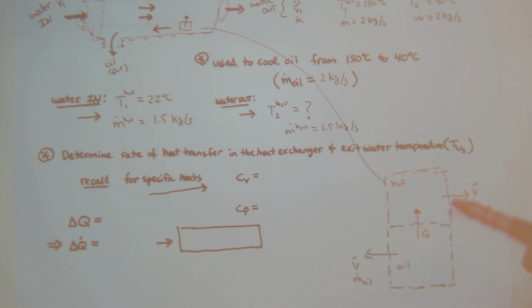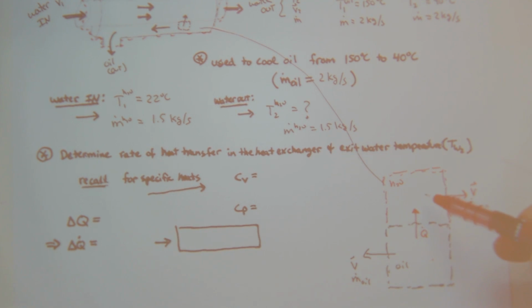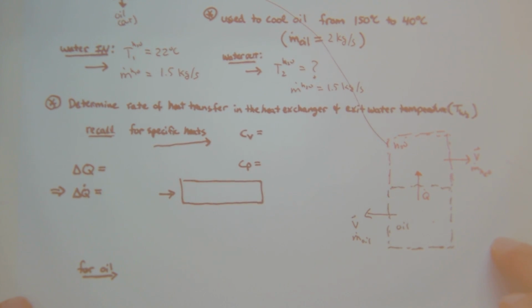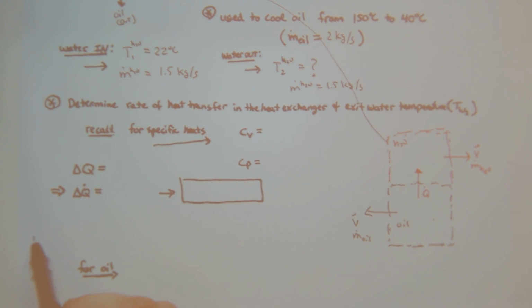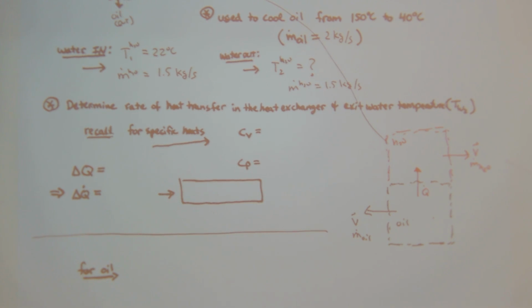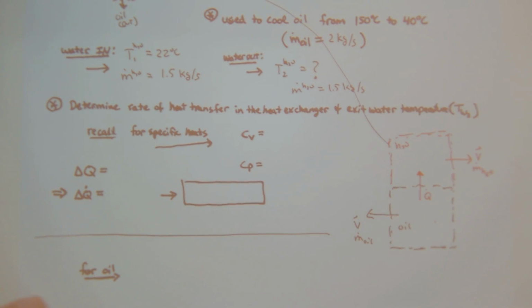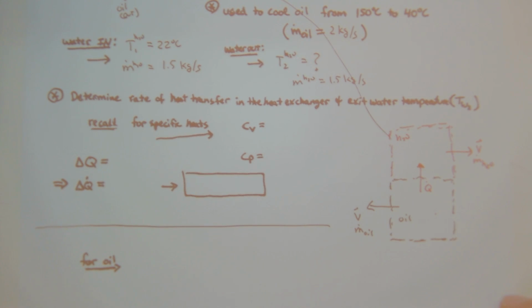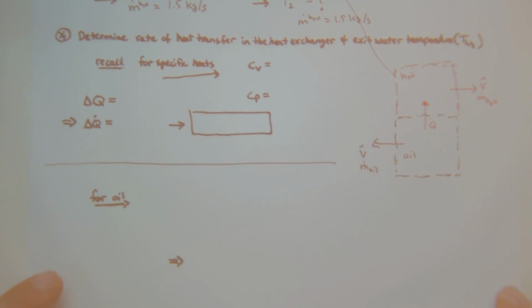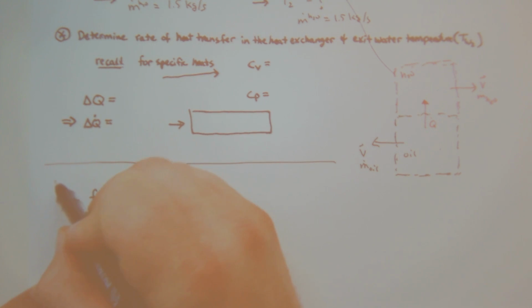So I just defined two control volumes, one for the oil and one for the water. I neglected the metal spacer between the two. I'll get back to this part in a second. Above here, this is just some specific heat thing. So the first thing I want to do is an energy balance